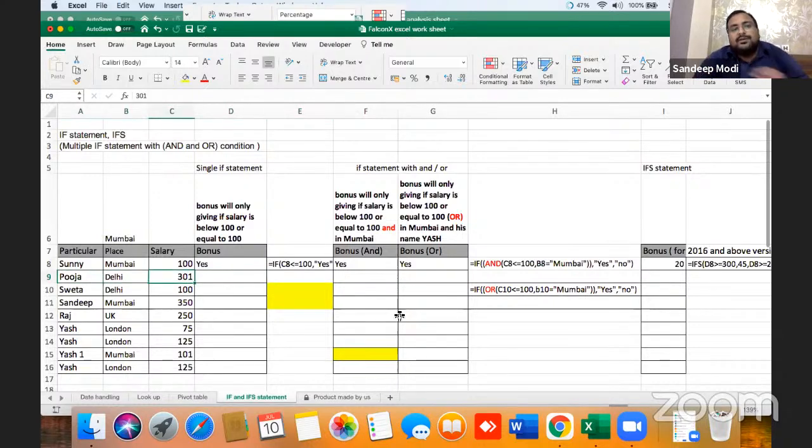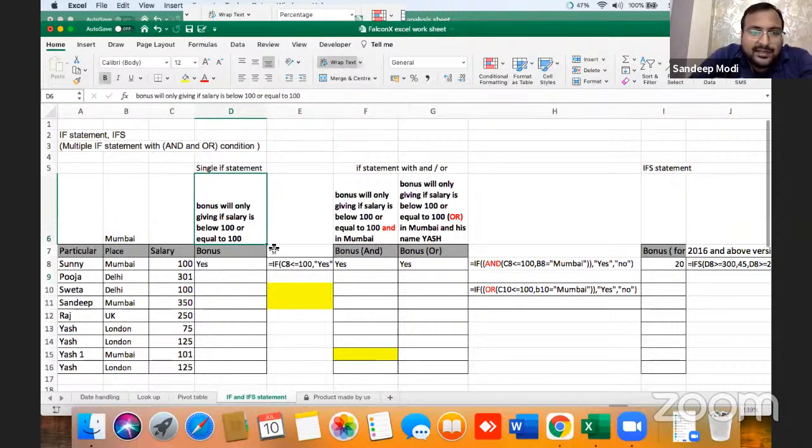Now, everyone knows what an if statement is. An if statement is basically a condition where, if the condition is true, the answer will be yes or no, that we have to find out. So the condition is: bonus will be given if salary is below 100 or equal to 100.